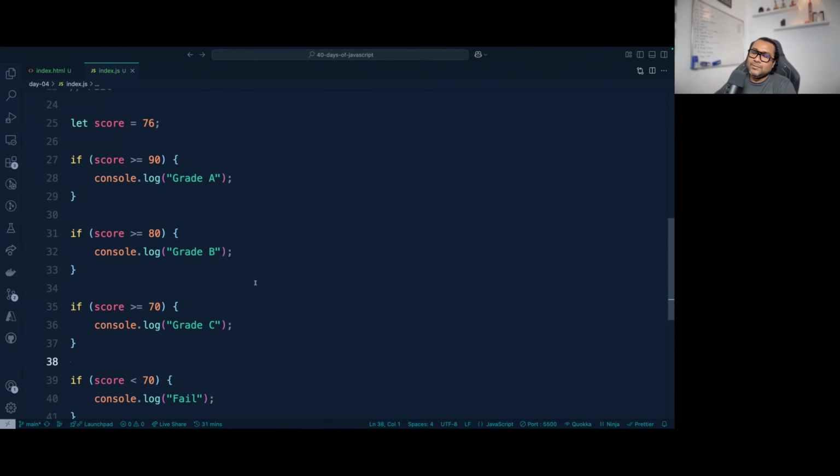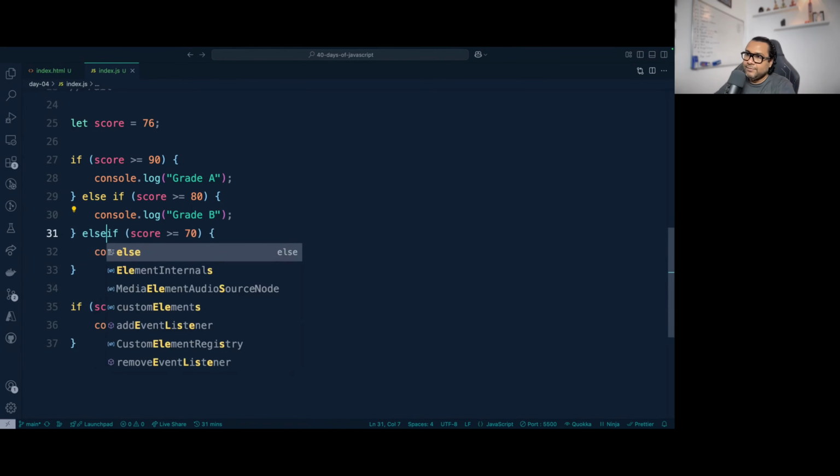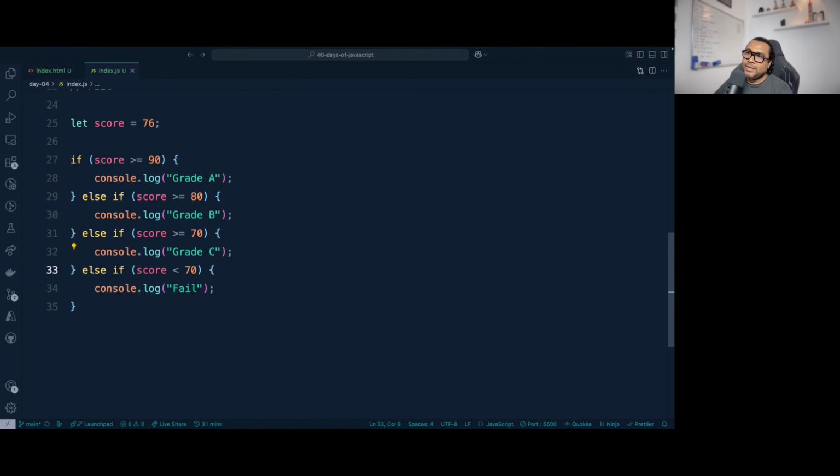Now, if I write this with the else if condition, then what will happen? I have to write the code like this: else if, else if, else if. Correct? Now I'm saying that I will start with this line number 25. I'll come over here. Then I will come to this particular if block and ask, is 76 greater than or equal to 90? No, it's not satisfied. Then I'll come to this else if block. Then I'll ask, is 76 greater than or equal to 80? No, it is not. Then I'll come to this else if block. Then I'll ask, is 76 greater than or equal to 70? It is actually satisfying now. So it will be grade C. It will go inside this. There is no point of getting inside the else if block at all.